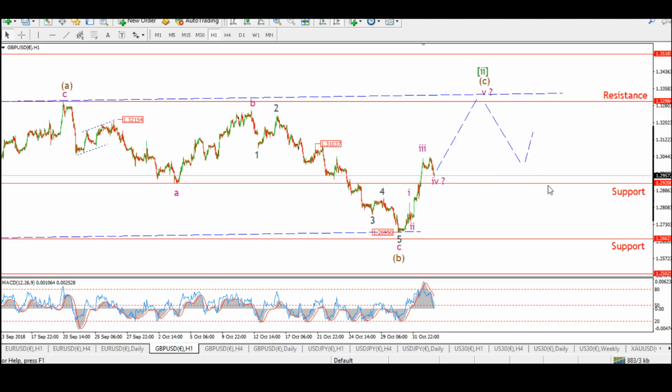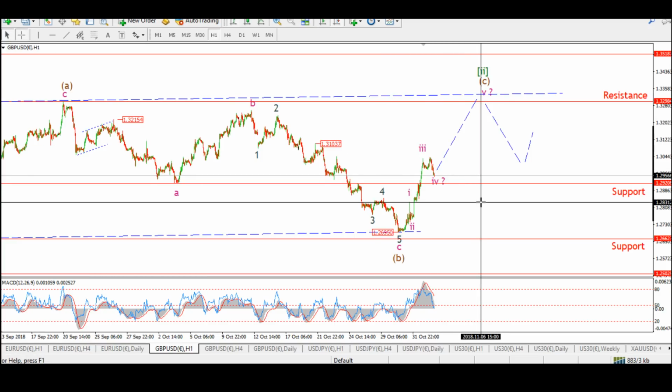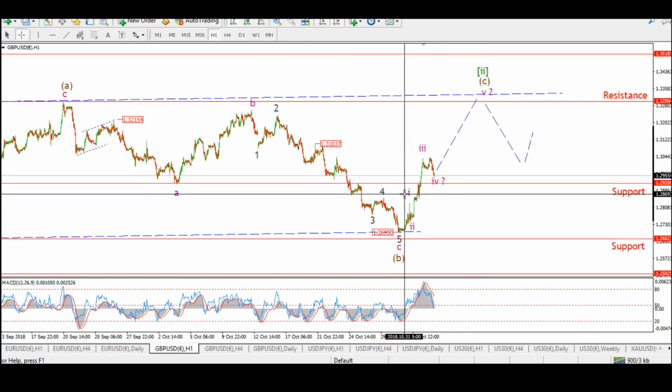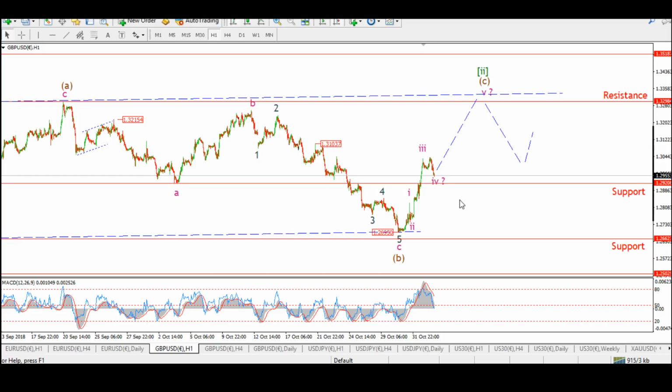support here at 129 should probably hold wave 4, and I don't want to see any break of that little spike high there that is about 128.30. So I want to see that hold, because wave 4 shouldn't break wave 1 anyway. And unless, of course, you were to